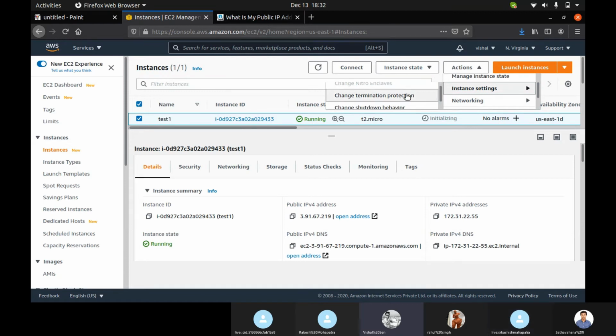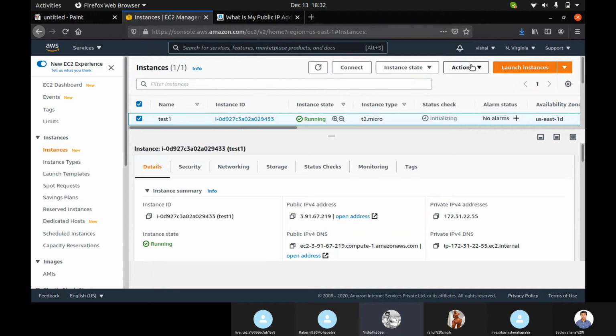Can you see the termination protection? From the beginning, I just click on Action. First of all, you have to select the machine, the one you want to remove termination protection from. So now I click Action, check this machine, and go downside where you can see the